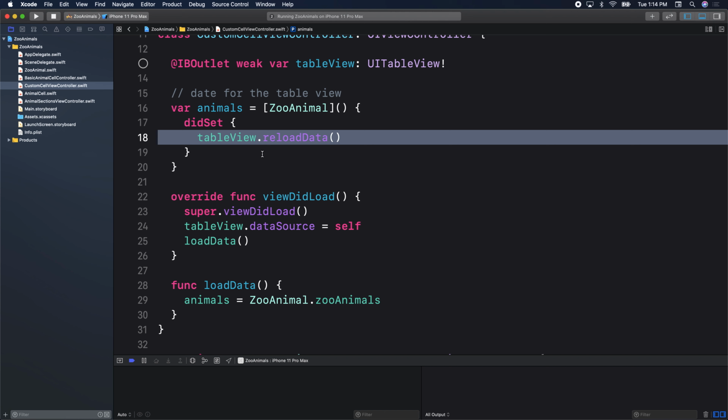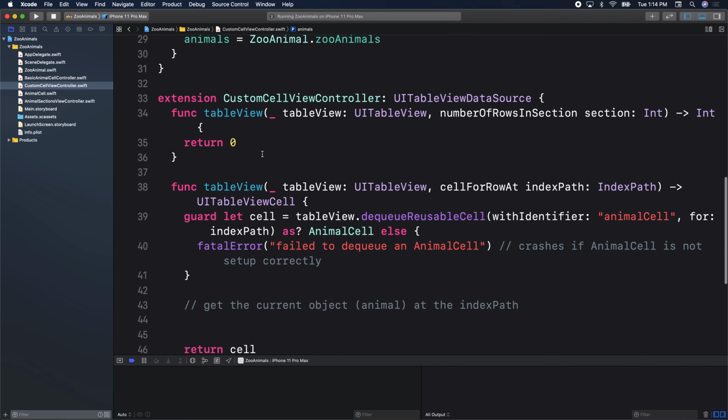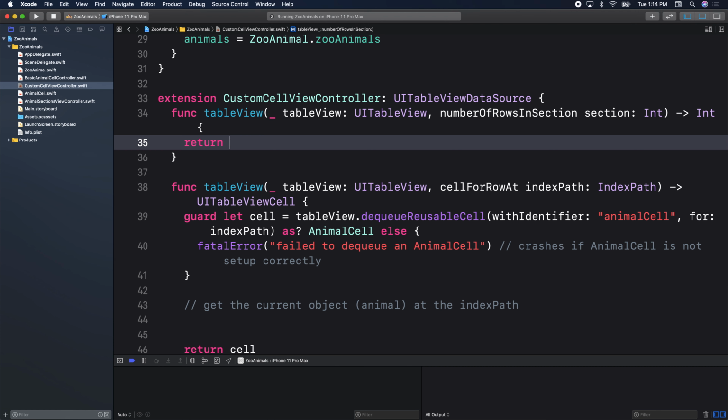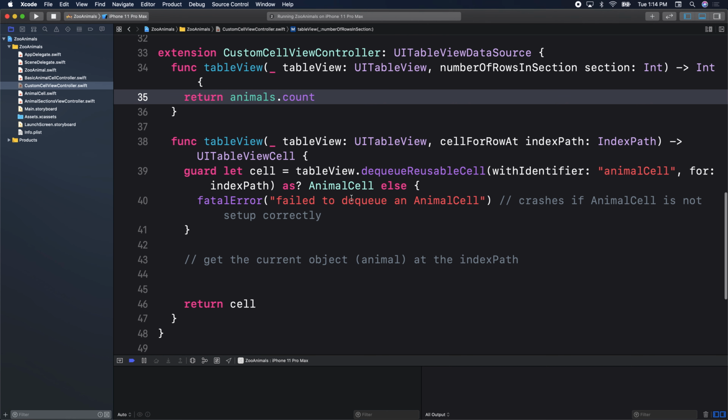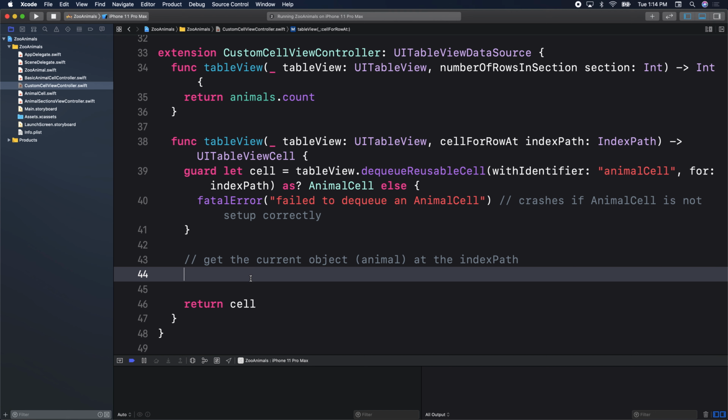Can we go down? Cool. All right, so let's go finish our number of rows. We're not returning 0 anymore. We're returning animals.count. So make sure you update your number of rows in section. And next, let's get the object. So Cassandra, you're telling us how to get the object. So Cassandra says let animal equals animals,